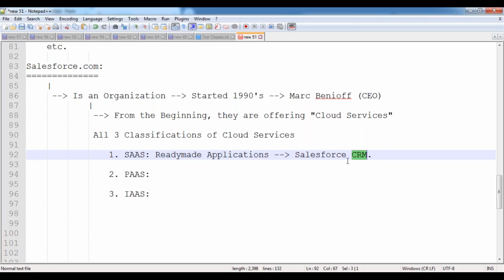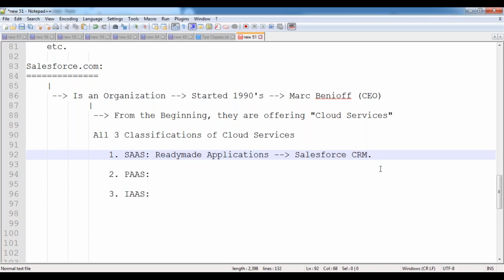So to store all our customers' information at one place, to store all the customer relationship information at one place, we are using this Salesforce CRM application. By using this Salesforce CRM application, we can automate all our existing customers' information and new customers' information at one place, and we can maintain a 360-degree view of the customer. 360-degree view means what? We can maintain the complete history of the customer at one place. From capturing the customer till now, all the various interactions we had with the customer, we can store in one place by using this Salesforce CRM application.